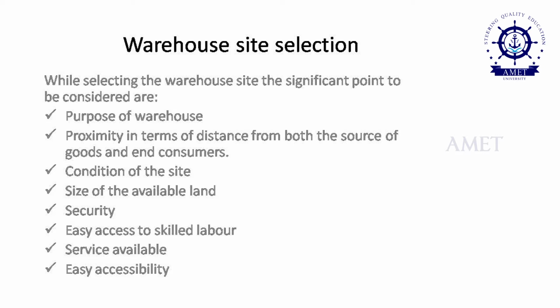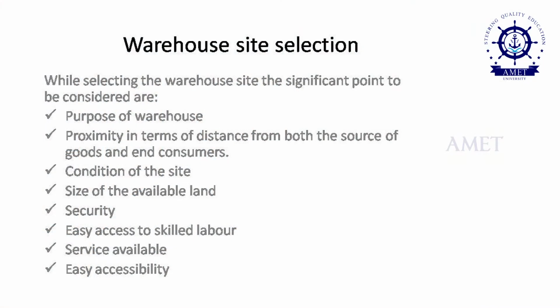And then the security. This is one of the biggest criteria for any warehouse. The security should be in such a way where you have surveillance cameras etc. Apart from that, the government should also provide enough security with all kinds of measures, and easy access to the skilled labor, because the skilled labor is the most essential thing for any warehouse. They are the people who are operating the warehouse, not the officers, not the manufacturers, nor the government nor the private people.